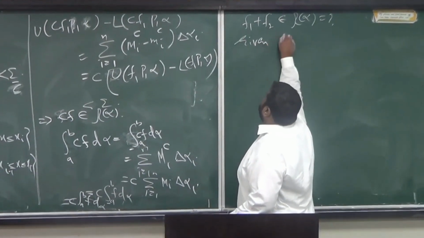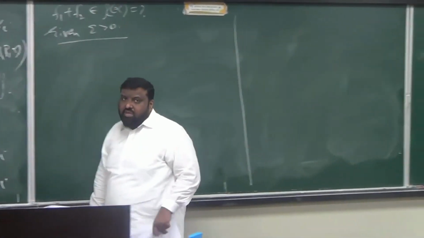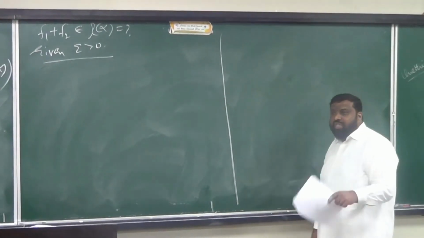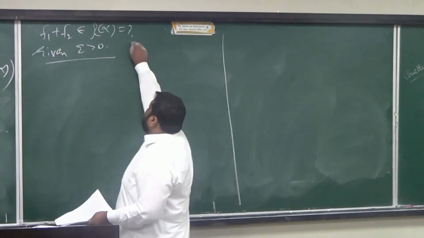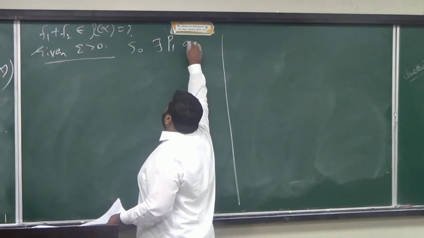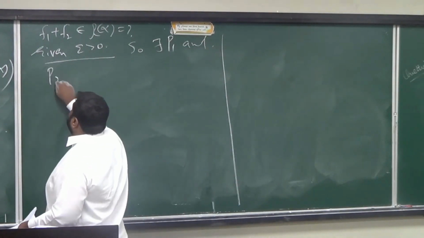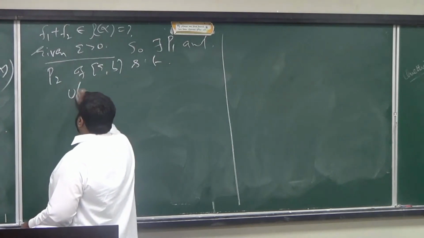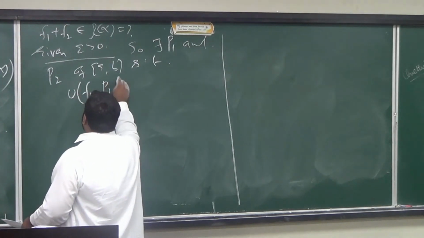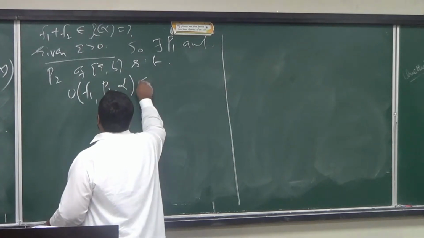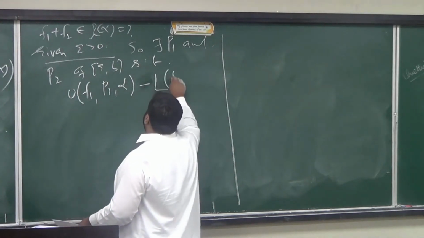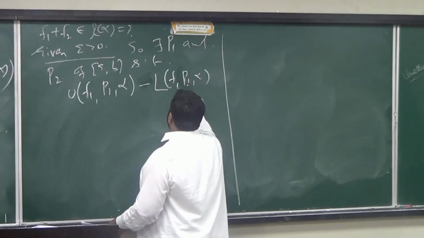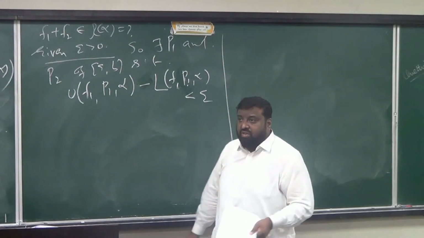Given epsilon positive, since f1 and f2 are integrable, there exist partitions P1 and P2 of [a, b] such that U(f1, P1, alpha) minus L(f1, P1, alpha) is smaller than epsilon,